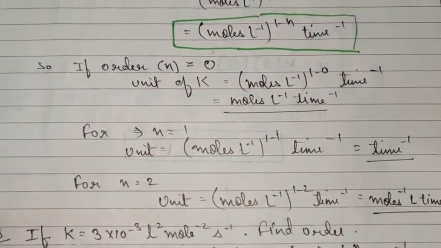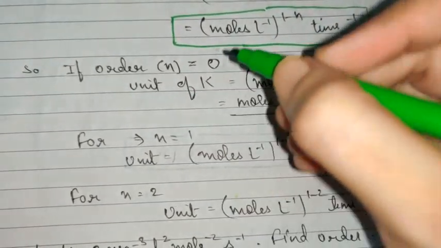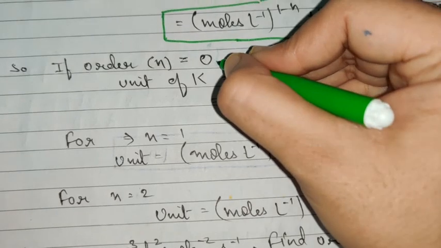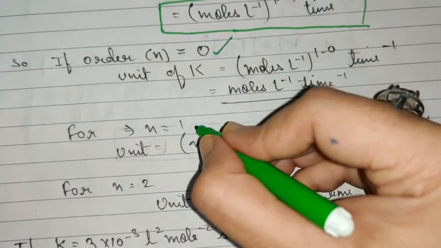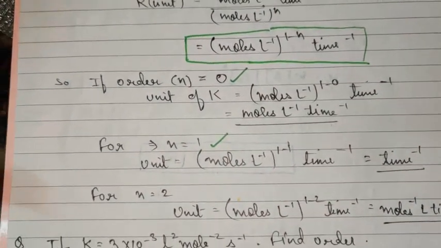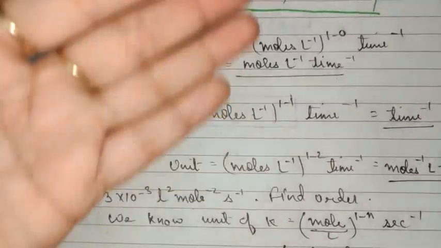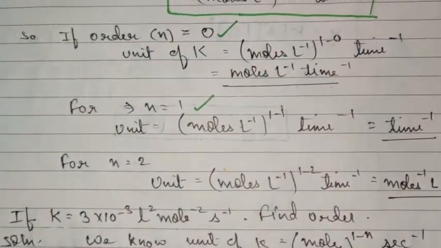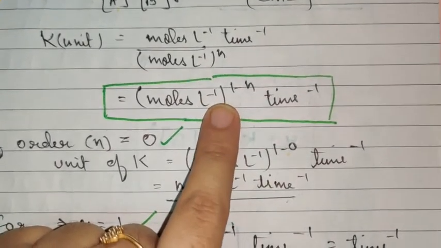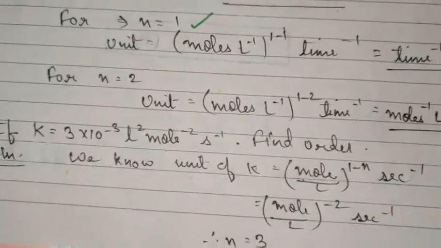One more thing, children. For your board examination, you have to do only 2 orders of reaction in detail, that is order 0 and order 1. So you will be doing only these 2 orders for your board examination, and in general you can calculate the unit of K for any order given to you when you have the common or the general formula with you. Now I have taken a very simple example here.